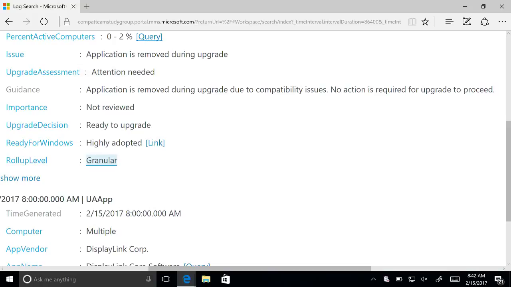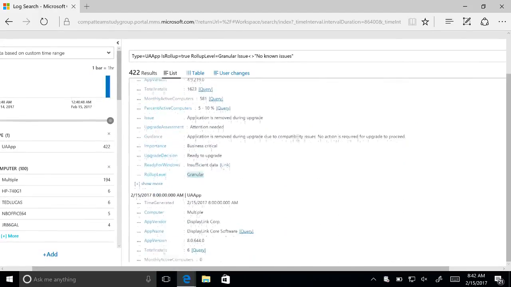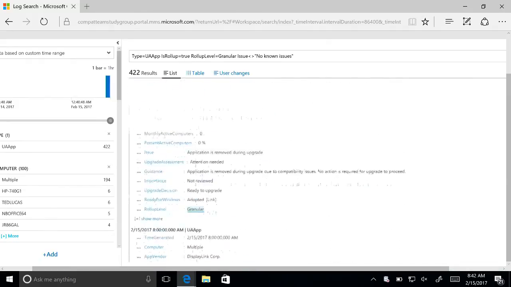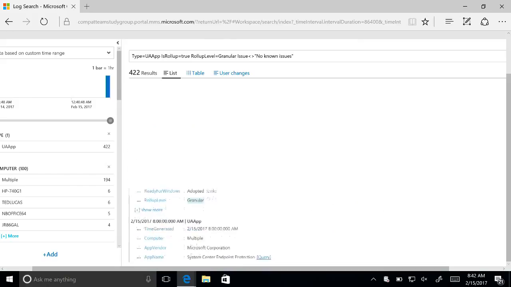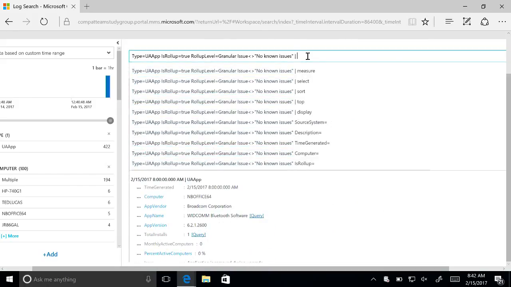We're saying don't expect to find this application after you upgrade, but we'll take care of everything for you. So as long as you're comfortable with this mitigation that we've supplied, you can come in, mark this as ready to upgrade, and you'll be good to go. We'll see if we can find one with a slightly different issue as an example. Alrighty, we can do it this way as well. We can come in here